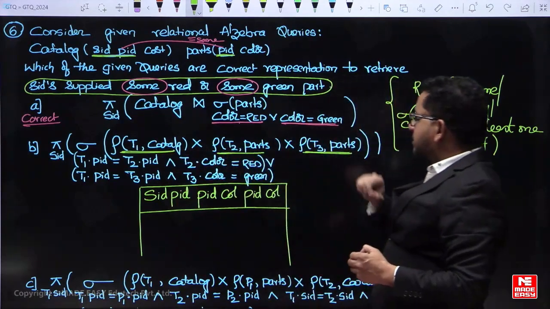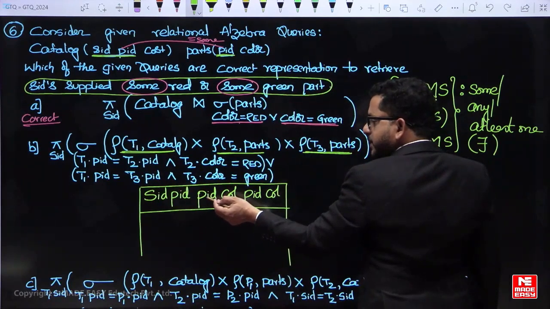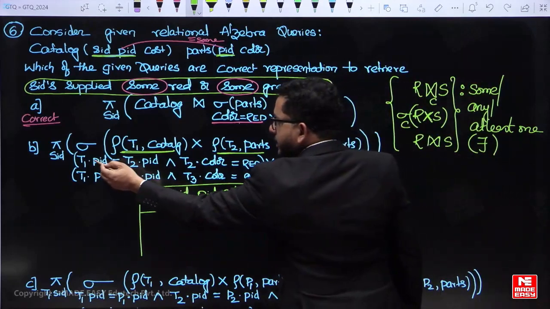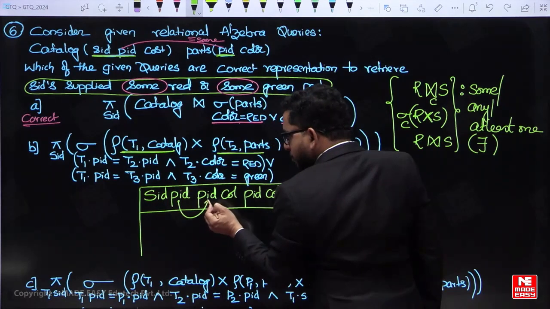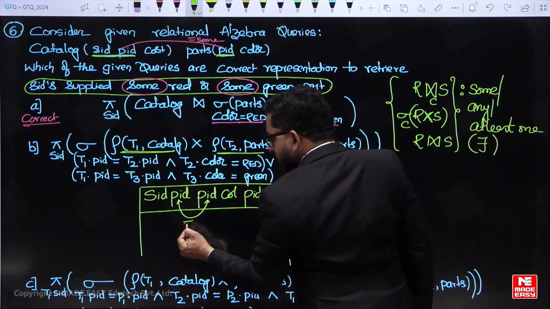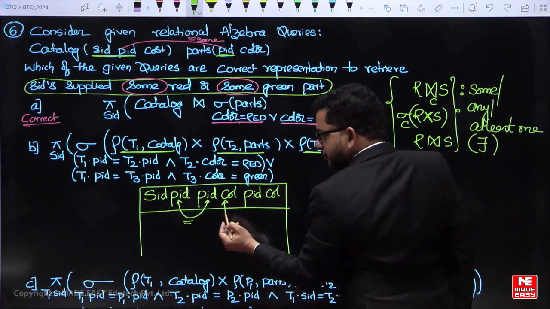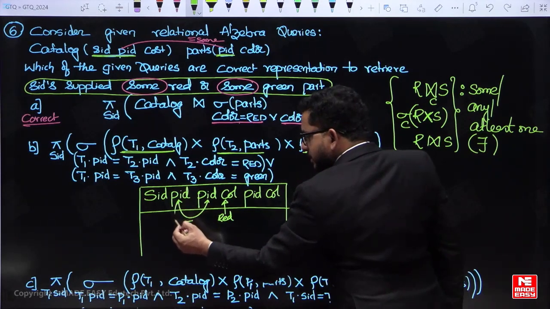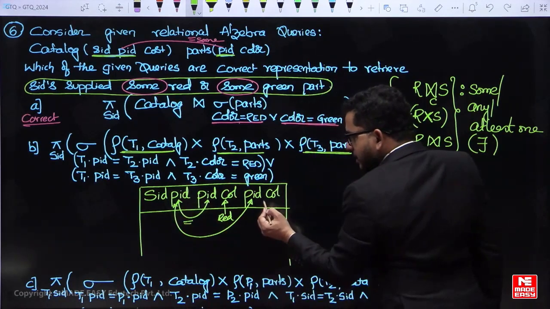So T1, T2, T3 cross product is done. Now T1 is the catalog relation, okay. This pot ID and color is T2 and this pot ID and color is T3. Then T1 PID equal to T2 PID. That means the pot this supplier supplied should be equal to this pot ID, and the color of this T2 is red, and this pot ID should also be equal to this pot ID, and color equal to green,